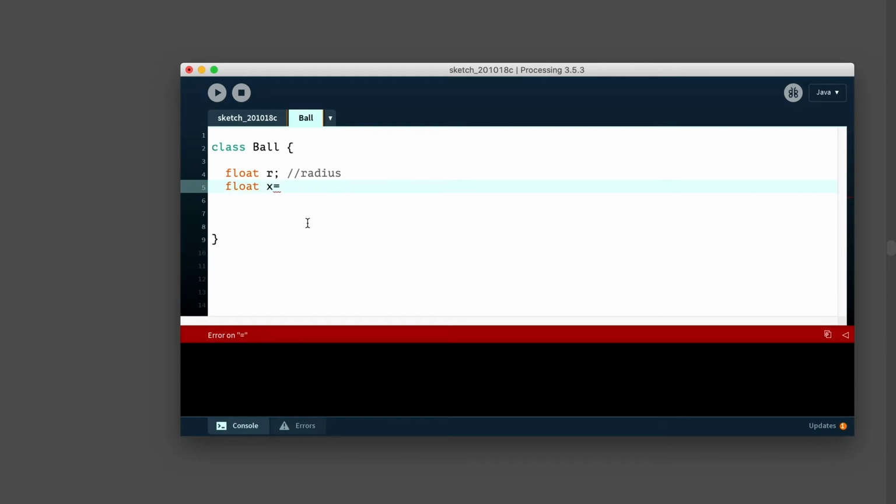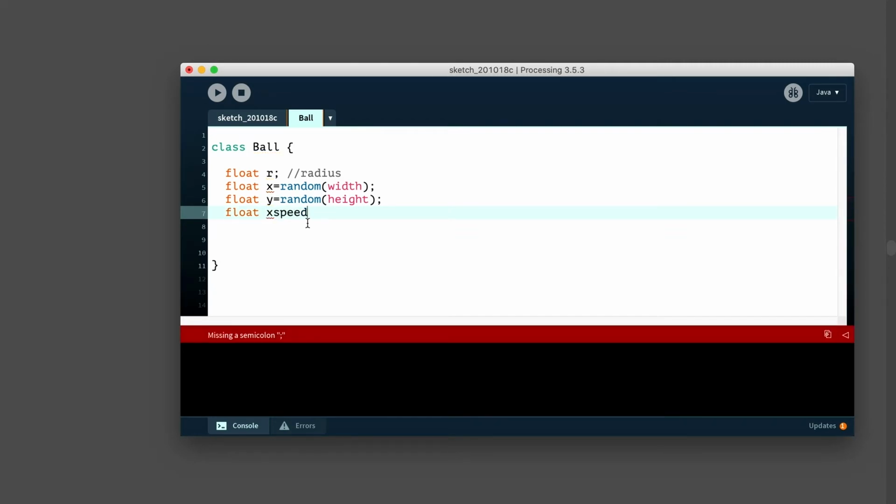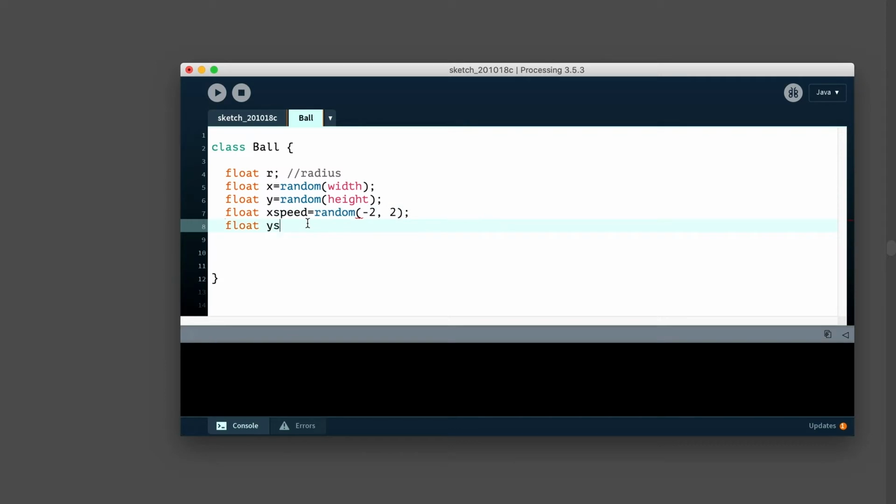I'm going to need x and y. I'm going to just start this off really randomly, so I'm going to throw all these values in at this point. I could write it to accept arguments or parameters, but just to keep it simple, I'll set it up like this. In the past with a bouncing ball, we've used speed, but because we have bouncing in two directions, we're going to need an x speed, a horizontal speed, and a y speed. So let me do a similar thing where I'm setting up some numbers here, and I'm making it range from negative to positive, so it could be left to right or up or down.